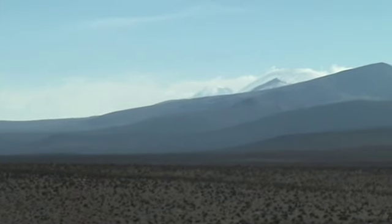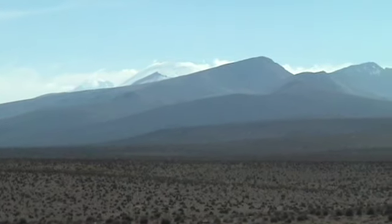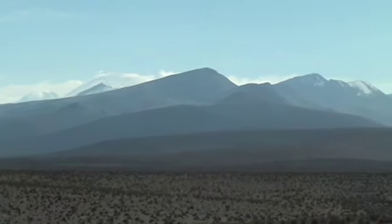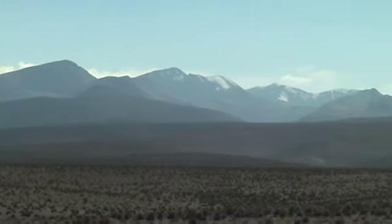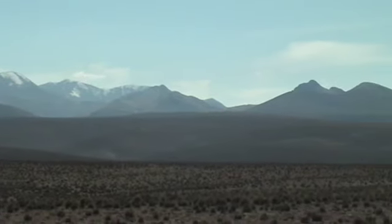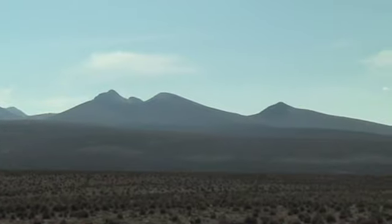Today our trip is to the south of where we were yesterday. Where we were yesterday is straight ahead. You can see the tip of one of the two volcanoes that we looked at, the two that were close together. And then we drove to see the lake beneath that one. And so I'm just panning south, right along the Chilean-Bolivian border